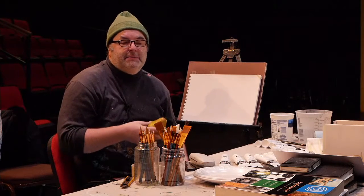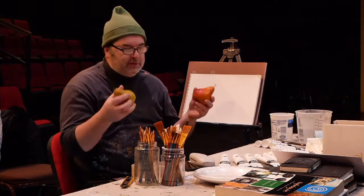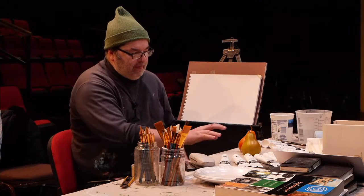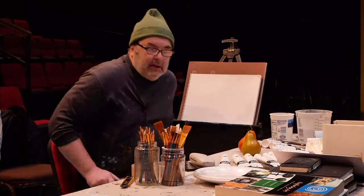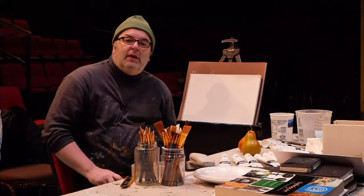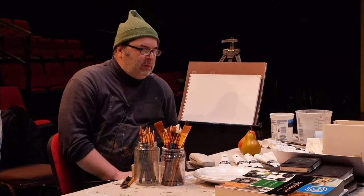It's pretty solid, reasonably inexpensive. You can get them, I suppose, in most reasonable chains or even secondhand in thrift stores. But they're very useful. So I've just got two pairs. One is predominantly orange-yellow, one is predominantly green. Last week, we looked at color mixing just using black and white, two blacks and a single white. This week, we'll start dealing with color. And when it comes to color,